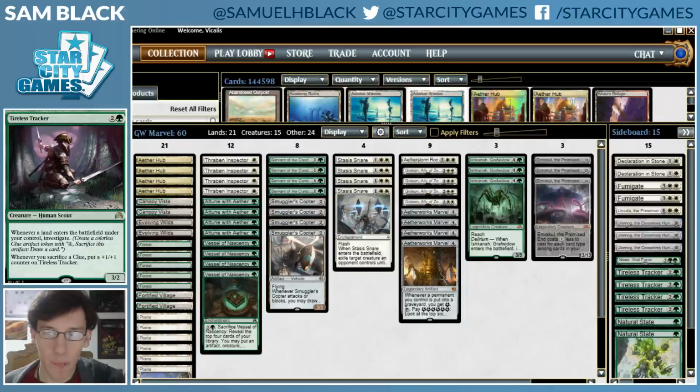So basically you have both the Ishkana with Vessel of Nascency and Emrakul from Green-Black Delirium, alongside Smuggler's Copter and Thraben Inspector and Gideon from every white deck, with Marvel from the Marvel deck. And those are a lot of very disparate pieces that seem kind of difficult to fit together, but it actually kind of works because